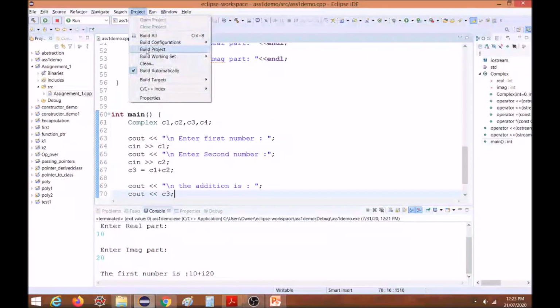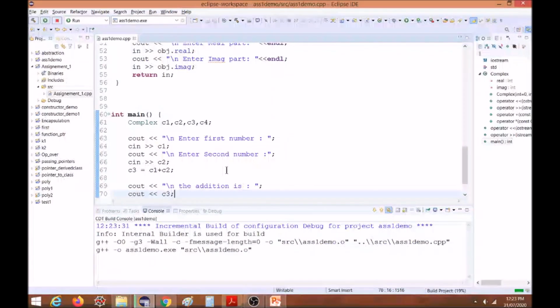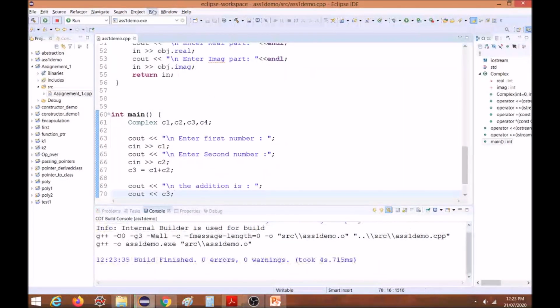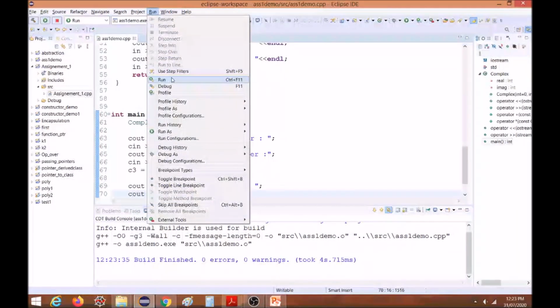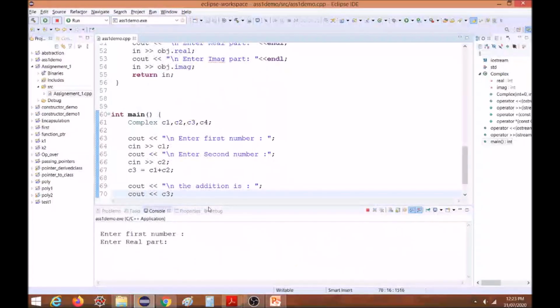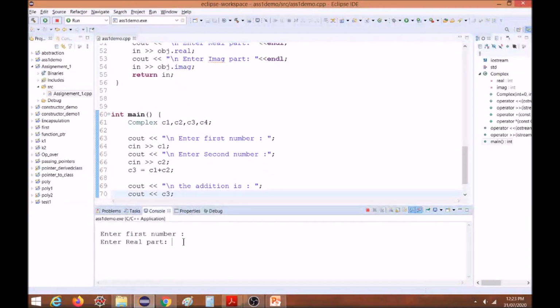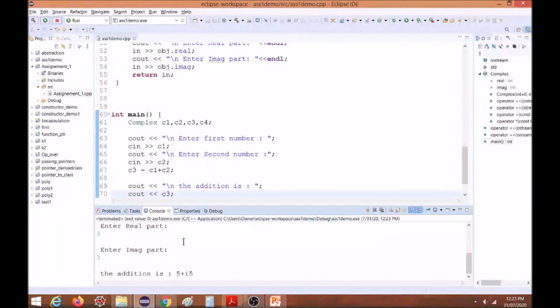Let us check whether all is fine. I am giving first number as 2, 2, second as 3, 3. So addition is 5 plus 5. Real part is 5 and imaginary is 5. So it is working finely.